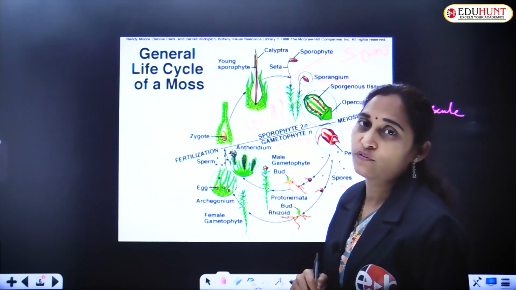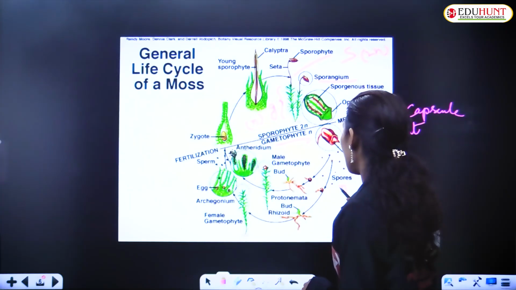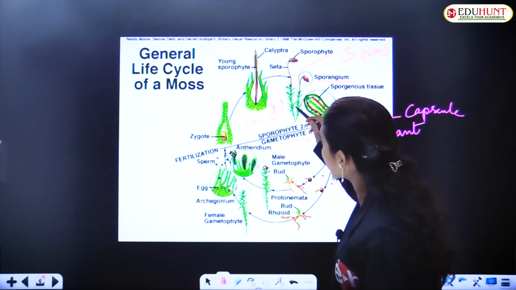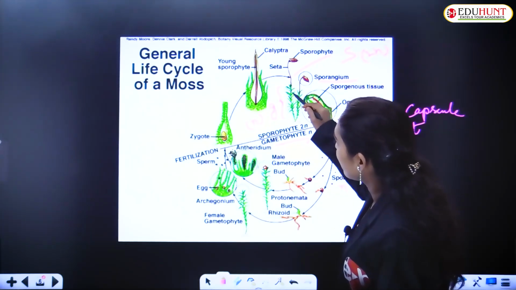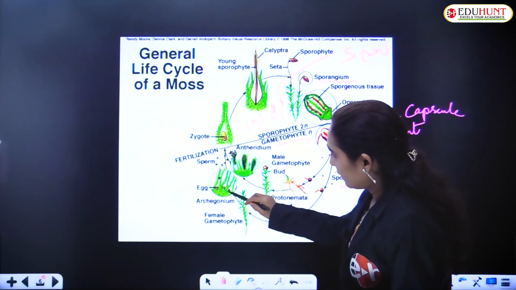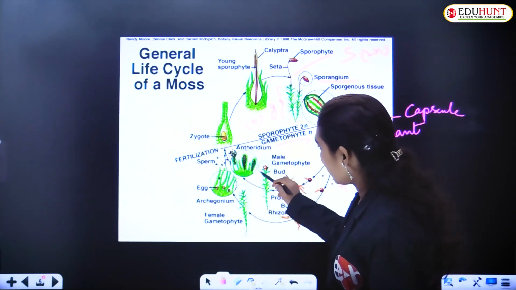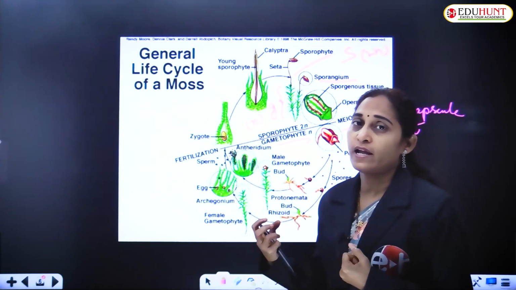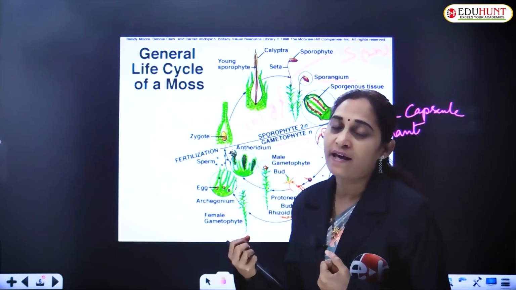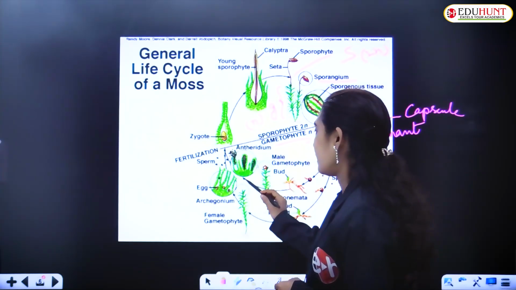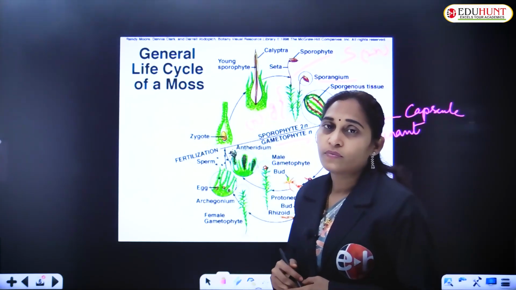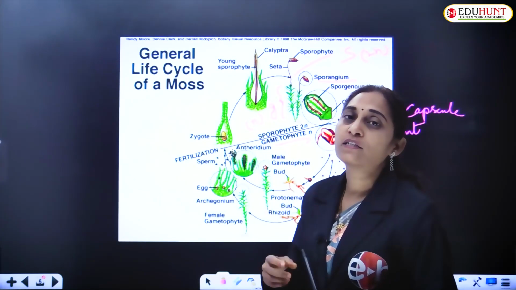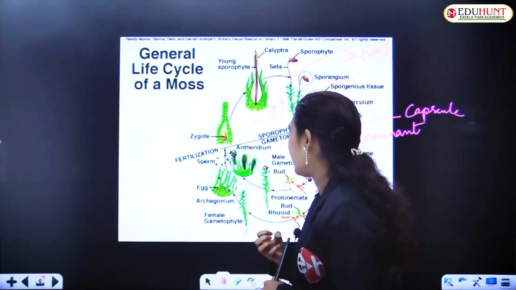They belong to the gametophytic generation. These spores after germination will give rise to the gametophytic phase. You can see the gametophytic part of the plant. The male gametophyte gives rise to the male sex organs, and the female gametophytes bear female sex organs. The male sex organs produce the antherozoids, the male gametes, and the female sex organs hold the egg, or the female gamete.